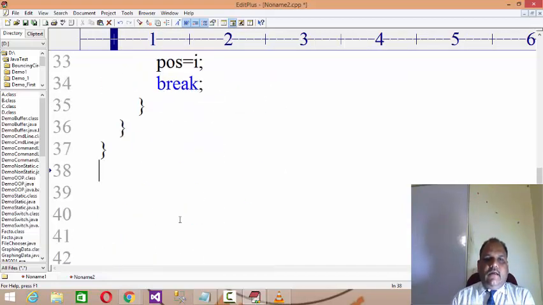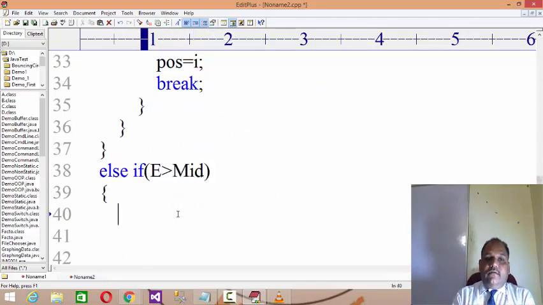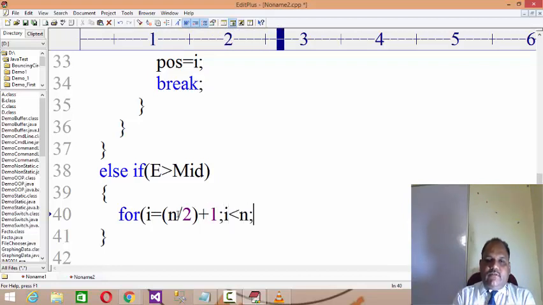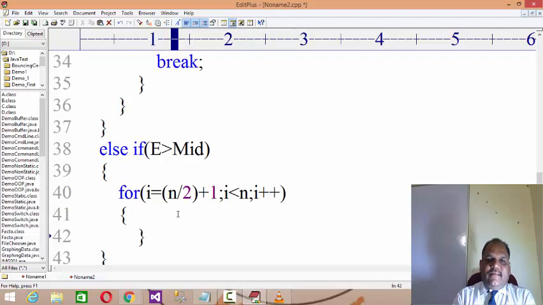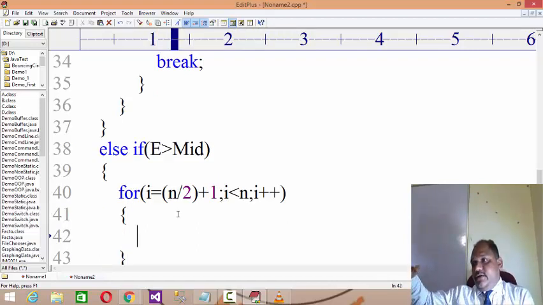Now the next thing is else if e, the value you are searching for, is more than mid. In such situations you have to set the loop for i equals n by 2 plus 1, i less than n, n being the size, i plus plus. You search from n by 2 plus 1 to the bottom, right?